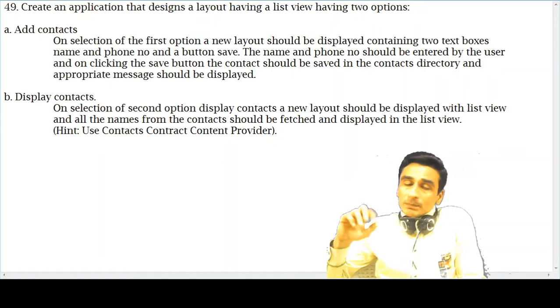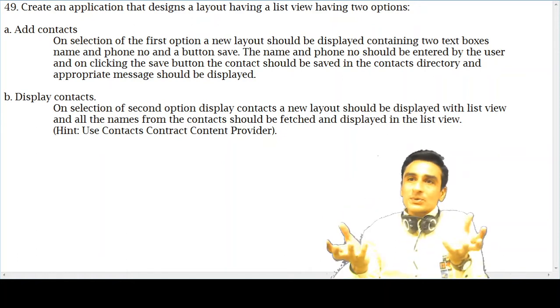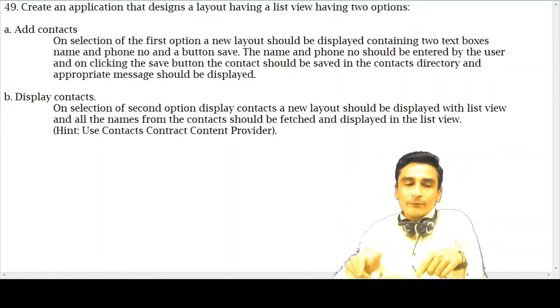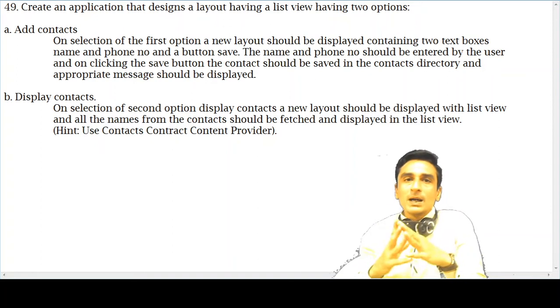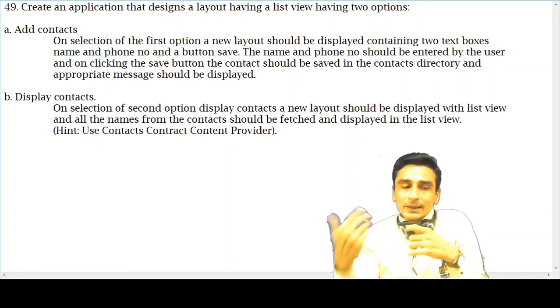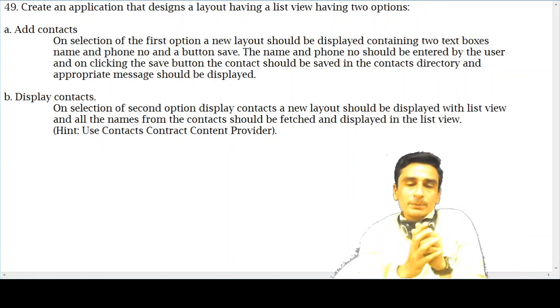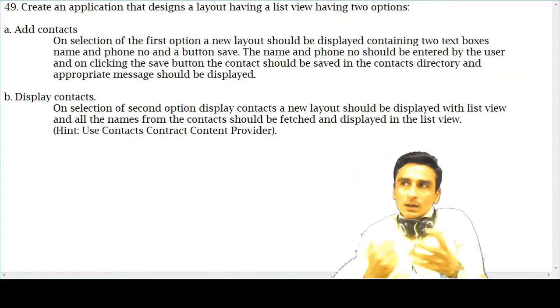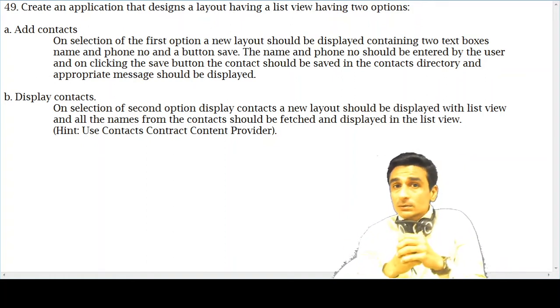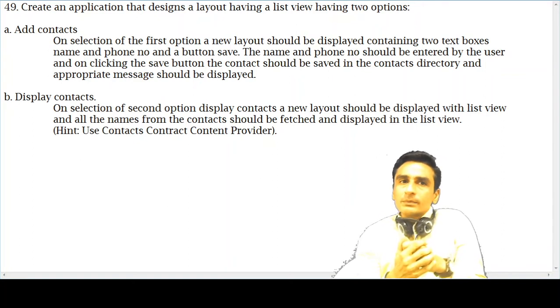Name and phone number should be entered by the user. We have to capture both things from the user, one name and one phone number, and both these things should be entered into the contact content provider. So to add a contact in the contact content provider, if you remember, we can use a predefined intent.